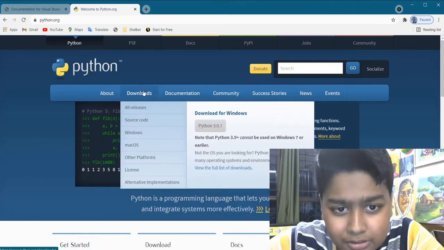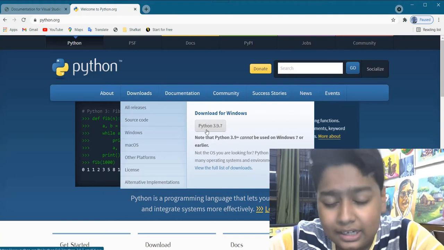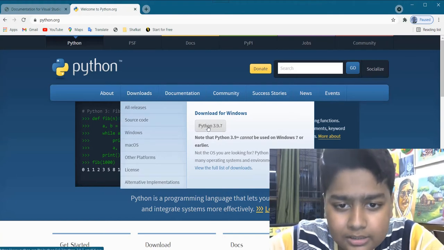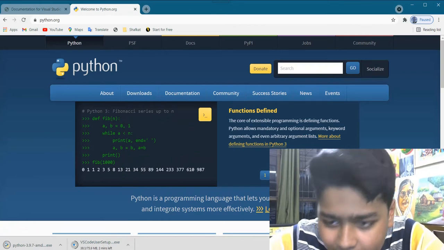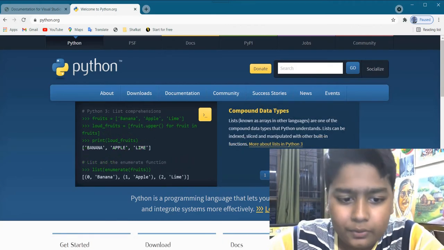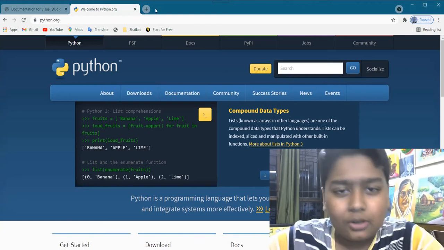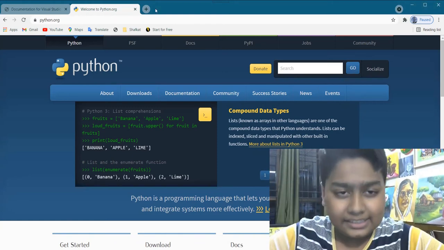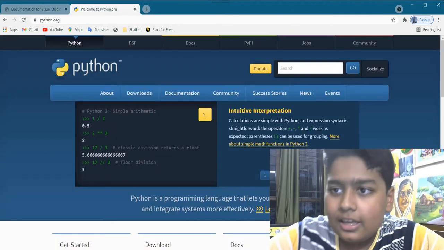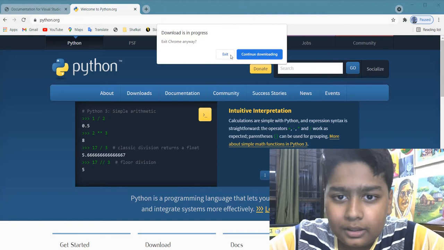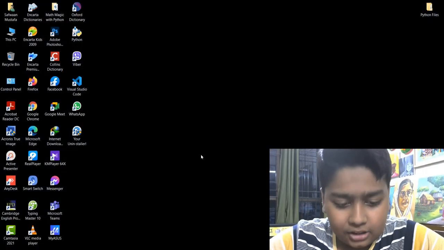So what you will do is download the latest version of Python. I won't download it again because I have already installed this. Next, after you install these two things, Visual Studio Code and Python, you will go back to your desktop.